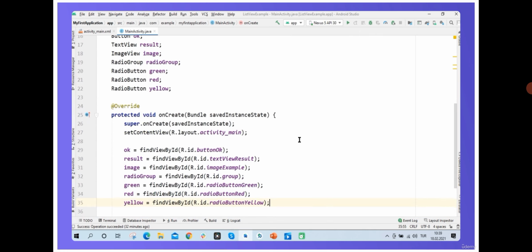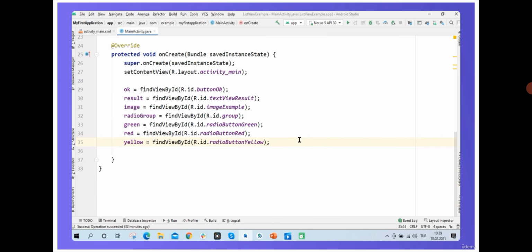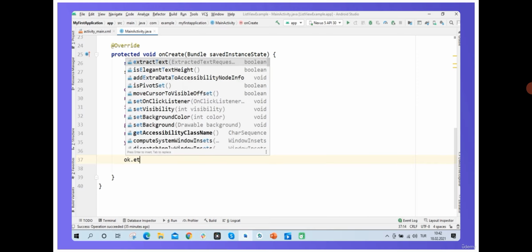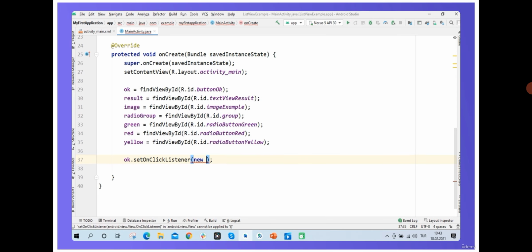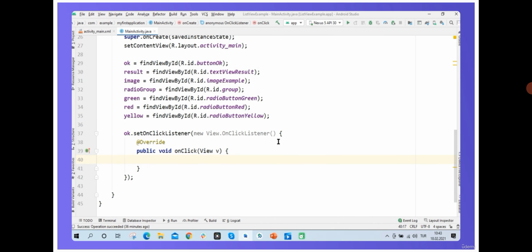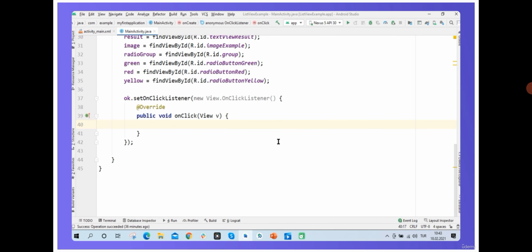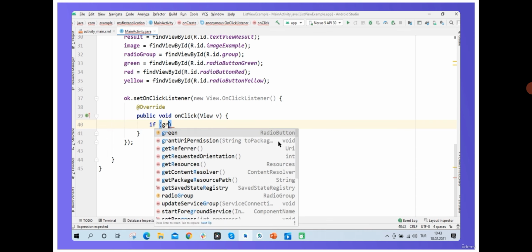Okay, so what do you want to do after that? So when the user chooses a color and clicks OK, the color of the layout will change, right? Now to do this, I will add a click listener to the OK button. So we've already defined the OK button here. So I will write here OK.setOnClickListener, new View.OnClickListener. And then inside the onClick method, I will write my conditions. If green.isChecked,